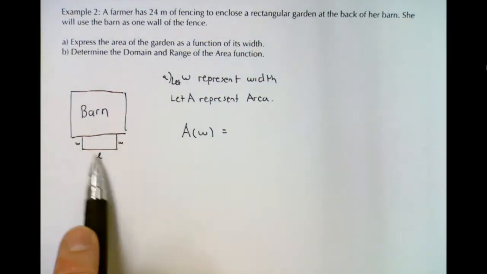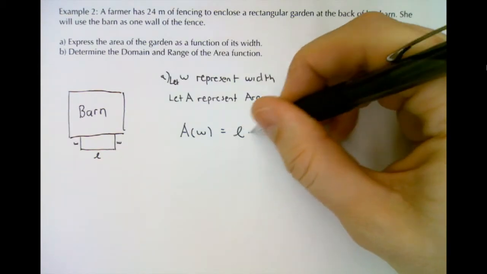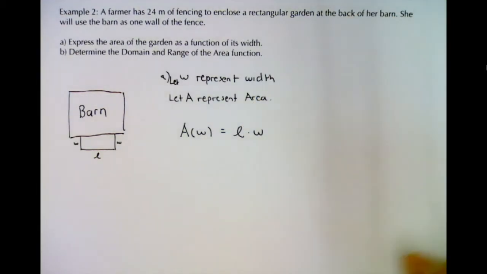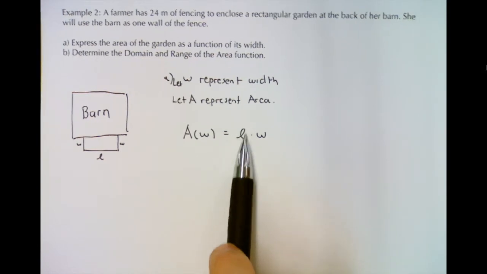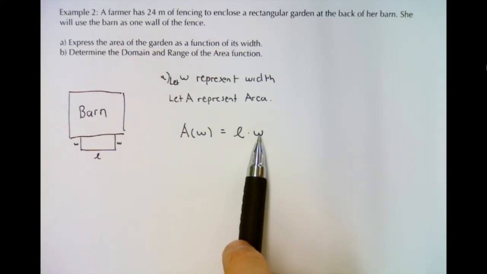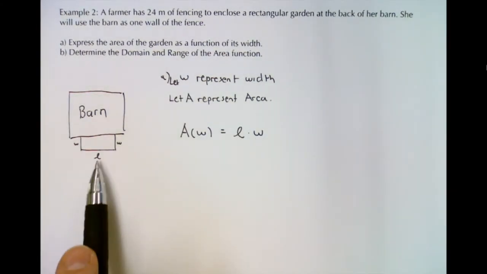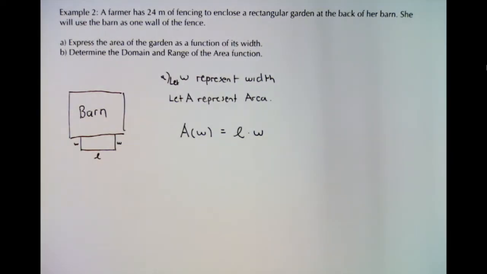Well, you do length times width. So L times W. But we have a problem here. And the problem is when you have a function of something, function of width, you can't have other variables on the other side. You can only have W's. So we have to figure out how to replace this L with something with respect to width,